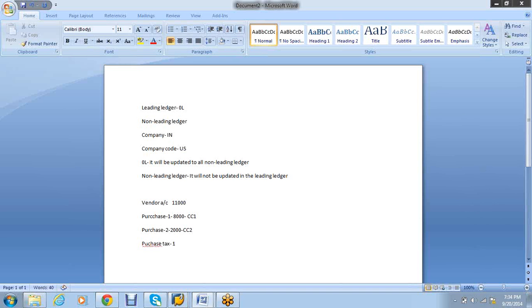Let's say 1,000. Okay, this is your entry. Now here the purchase tax, let's say I'm considering your PC, otherwise profit center, has to be split based upon the purchase tax, purchase account 1, purchase account 2. The entry should be, this is how it happens without document splitting. But with document splitting, the posting will be